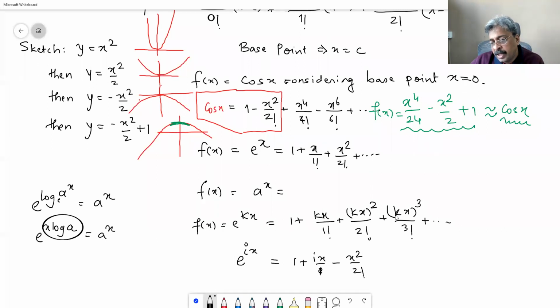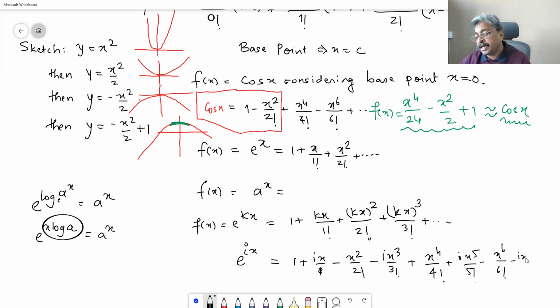Then i cube x cube by 3 factorial, so minus i x cube by 3 factorial, plus i raised to 4 x raised to 4, and i raised to 4 is 1, so it is x raised to 4 by 4 factorial, plus i times x raised to 5 by 5 factorial, minus x raised to 6 upon 6 factorial, minus i x raised to 7 upon 7 factorial. So two plus, two minus. Now if we really look at it,